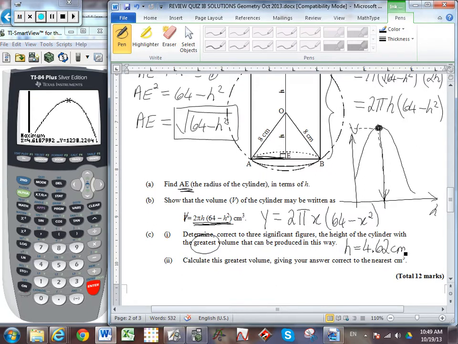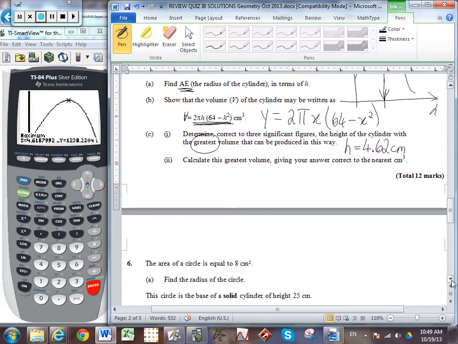Now you must be curious, how do you show your work here? We simply copy the sketch from the calculator. So I'm going to create a copy of the sketch in order to get all of my method marks. My sketch is going up, a little bit difficult to see right now, but it looks like it's going up something like this. This is my volume and this is my height, and this maximum occurs at 4.62,